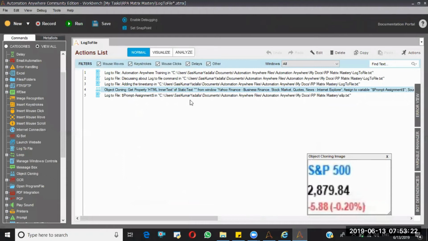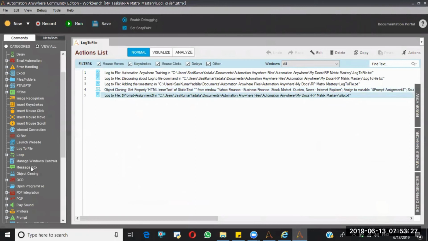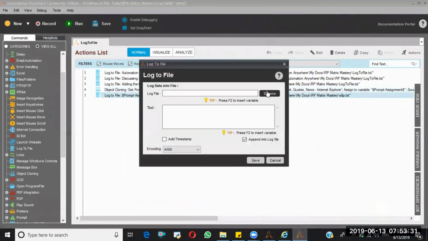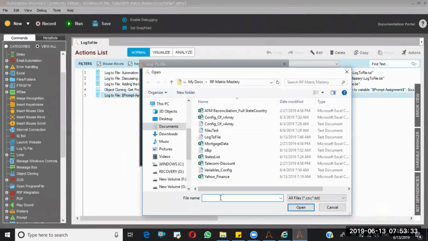And again, we have one more thing. In Log to File, you can log the data into CSV as well. So here I am selecting Log to File. Here I'm saying log2 CSV, dot CSV.